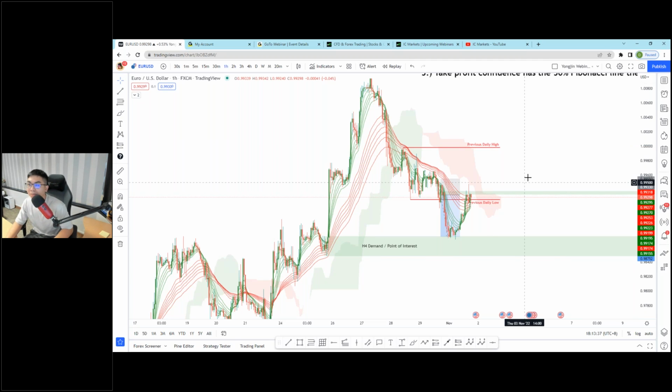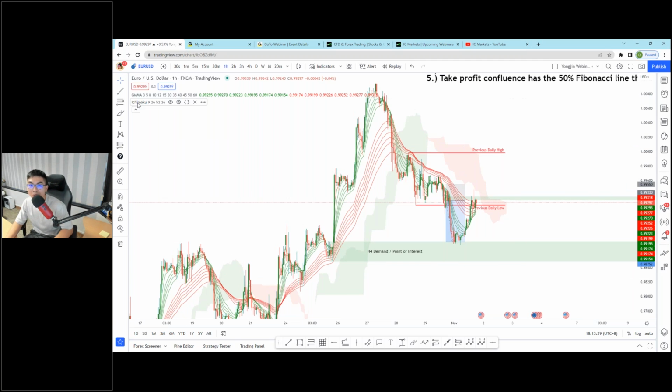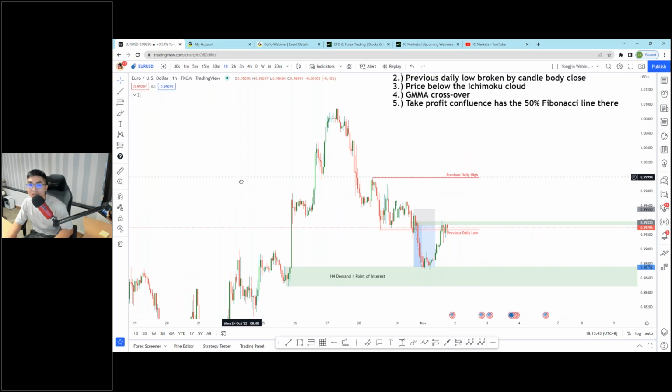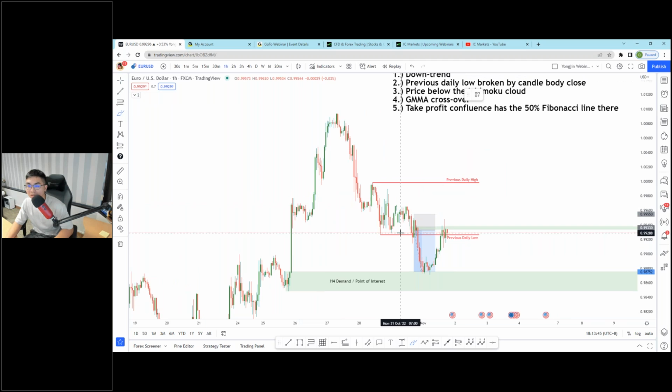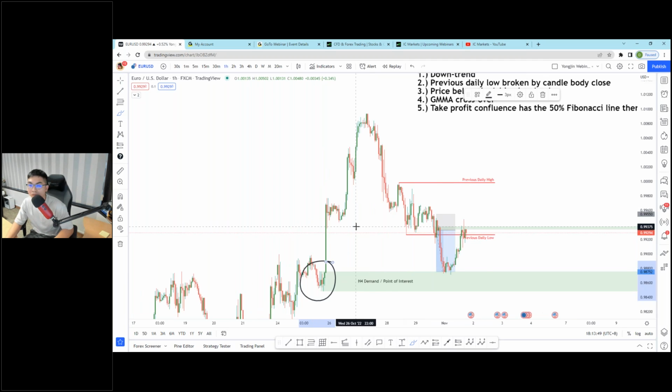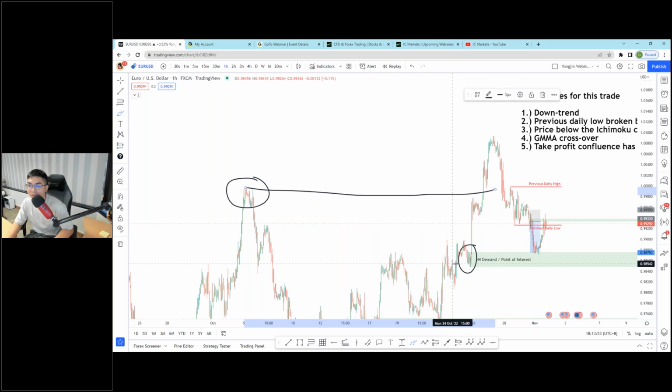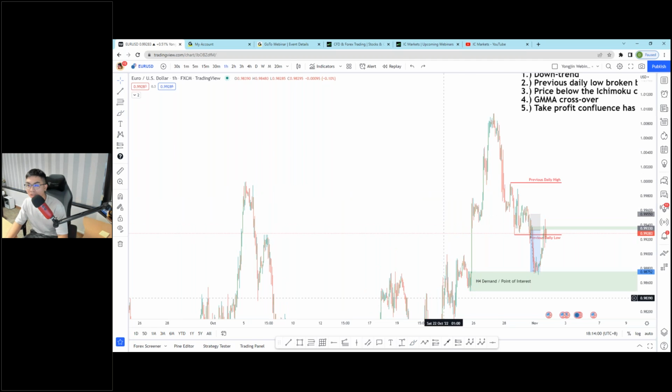Well, with smart money concepts, I'm not sure if those who have learned it know that price usually acts like a magnet. It's like a magnet to go to the previous low or the previous high. When it's close by, it starts to attract itself there. So it's like a magnet. So I took this trade.